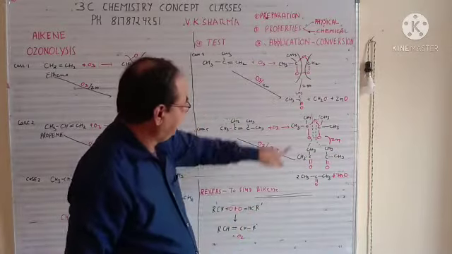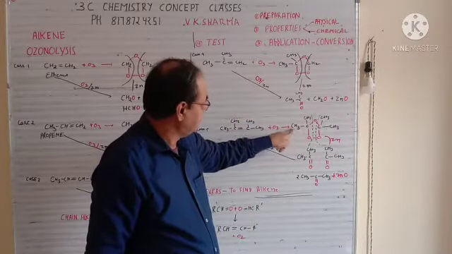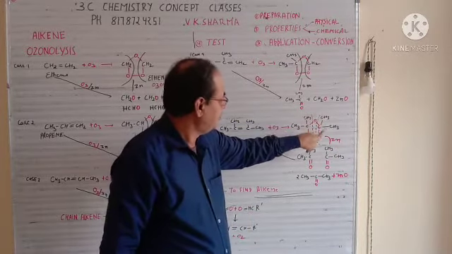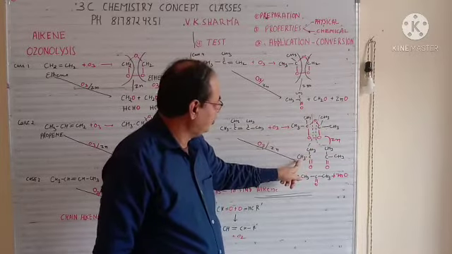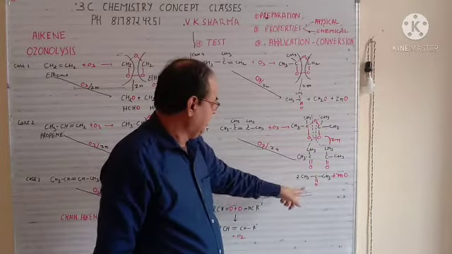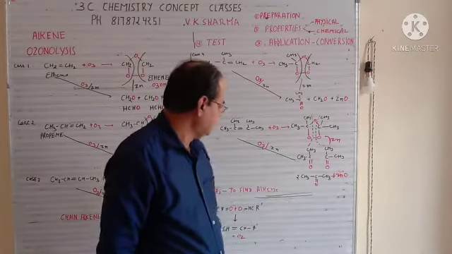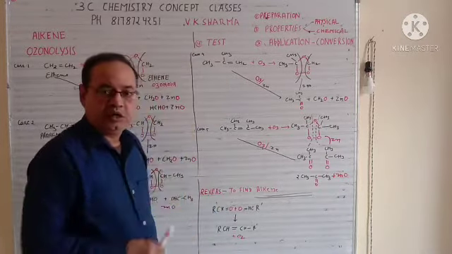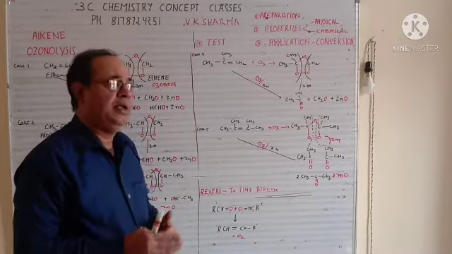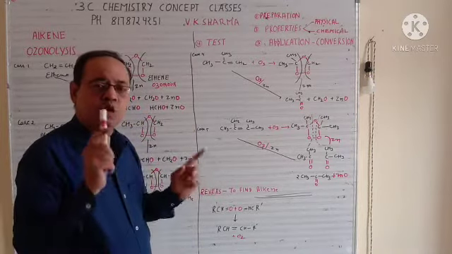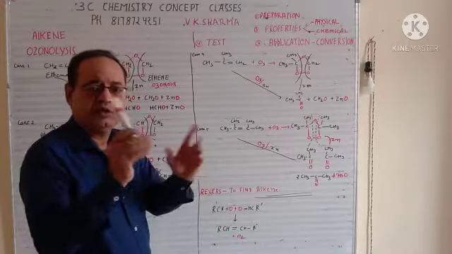So this will give you CH3COCH3, CH3COCH3. So you will get 2 molecules of propanone, plus ZnO. You can write it directly here: 2 propanone plus ZnO. So this is your concept. Carbon number may increase, but the concept will remain the same. Ozonolysis will always take place at the double bond. This is your main concept.